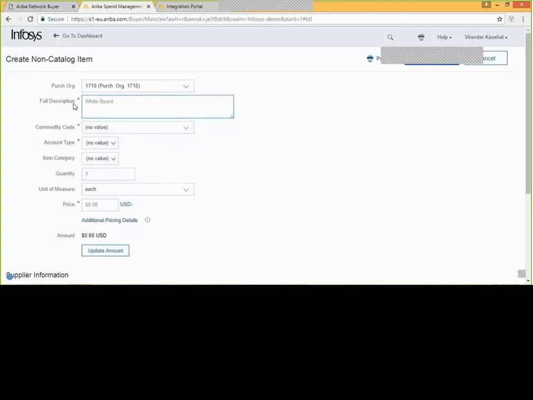So here, for example, I'm taking this purchase of whiteboard marker pack. Once I enter the details for the description,